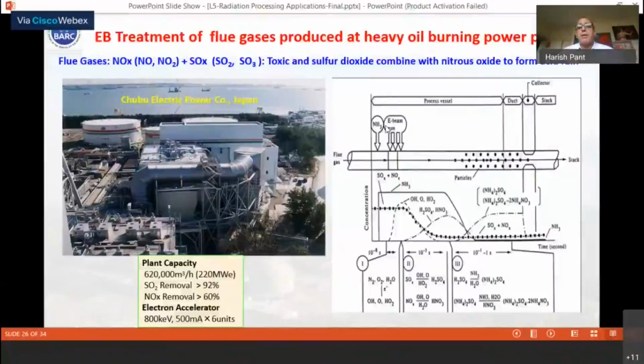with the electron beam. Now what happens is that as soon as these gases come in contact with the electrons, the hydrolysis of the water or of those gases takes place, and a lot of reactions take place. After these reactions, ammonium sulfate or ammonium nitrate are produced, which are particulate material, and which can finally be separated from this exhaust line, and then used as a fertilizer.